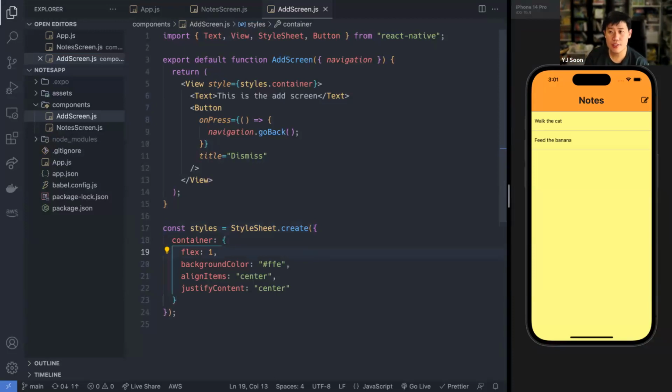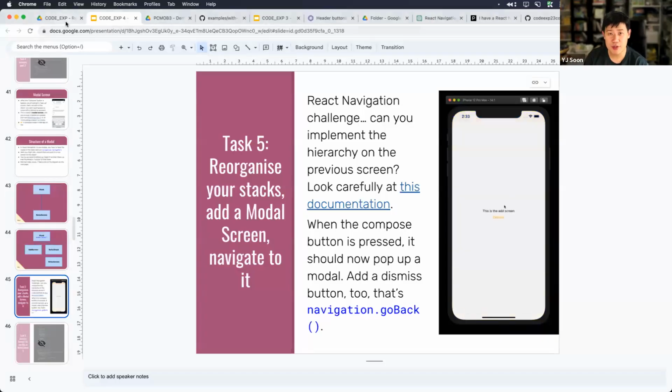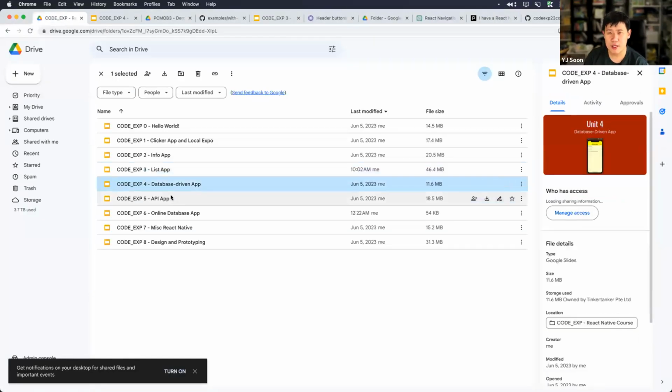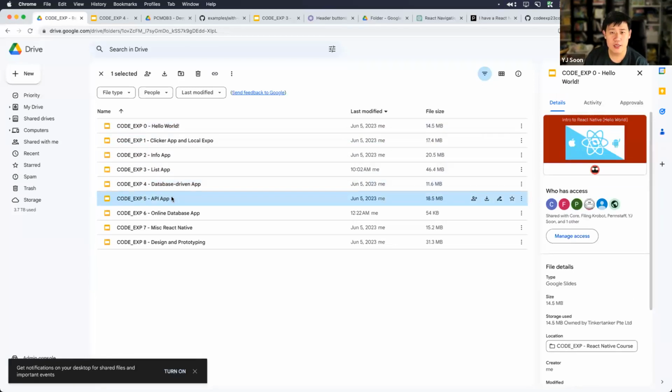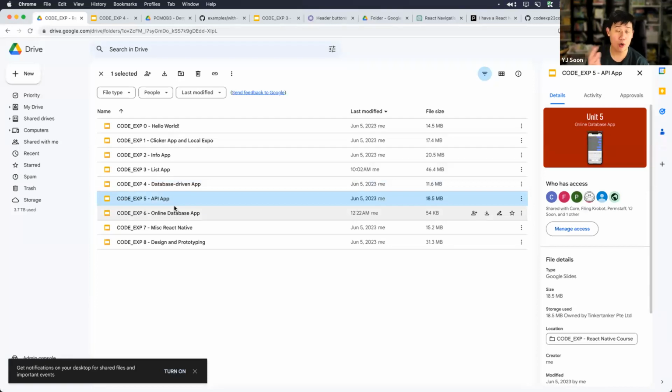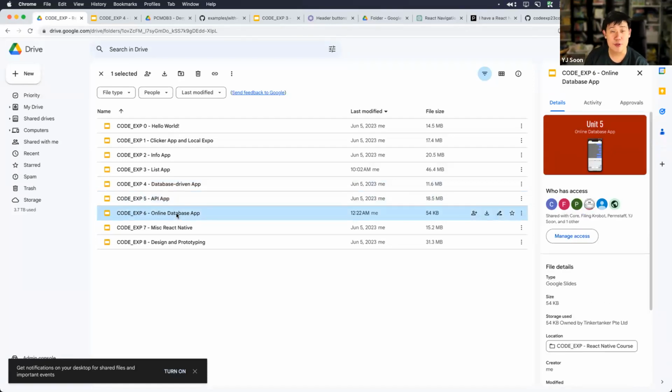I'll preview the rest of the stuff later on, right? We're at 1, 2, 3, 4. This is what we aim to cover, right? 0 to 4. API will cover a bit of it tomorrow when we talk about working with APIs. This is the Firebase app, which I'm not going to go through, I suspect, unless Amplify Studio is out, then I will just demo to you how to use Firebase.